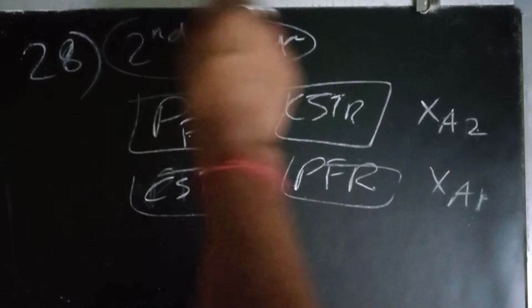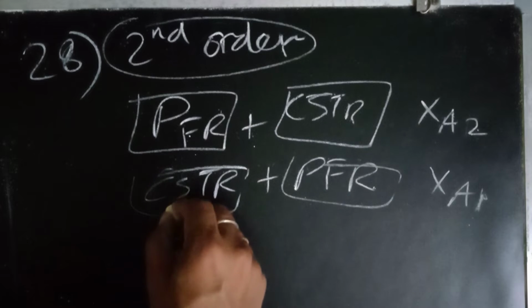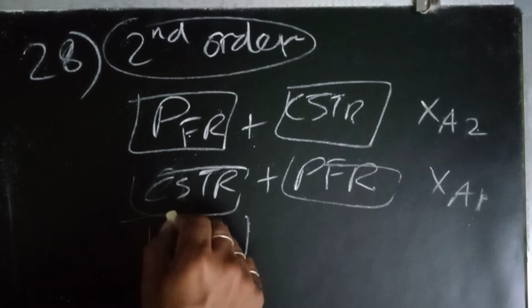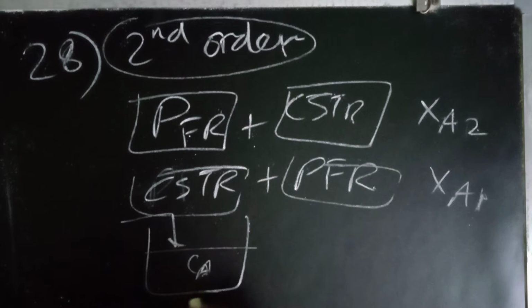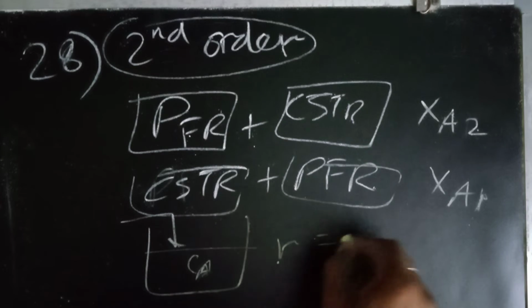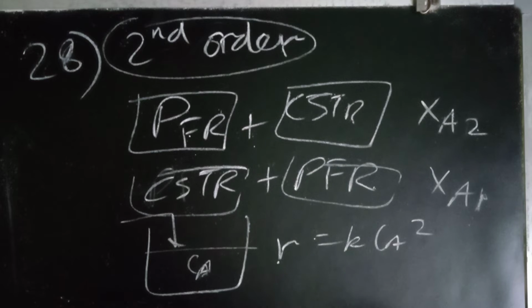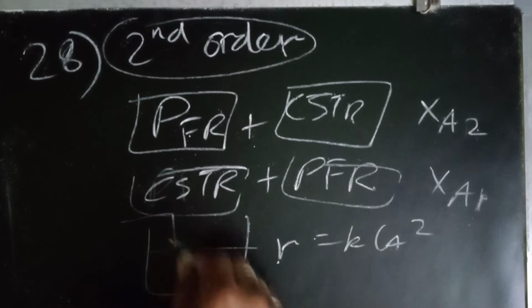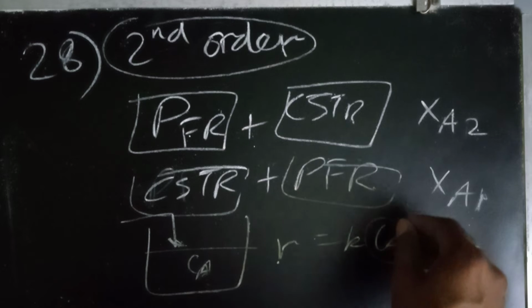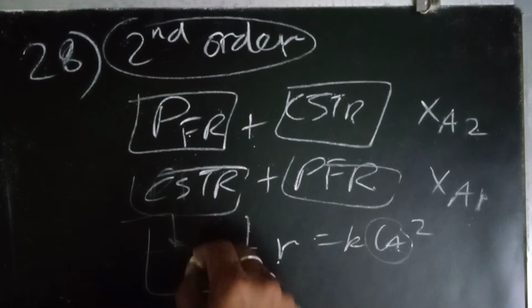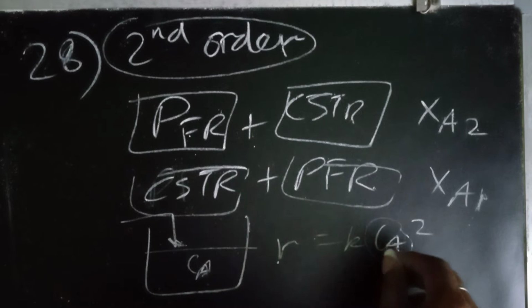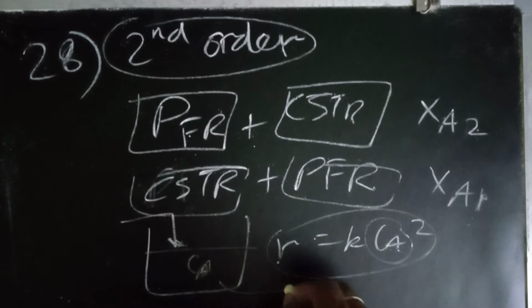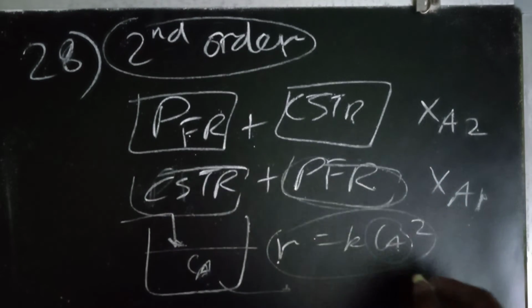Now it was a second order reaction, so if we use a CSTR, whatever is coming will directly change into some CA, instantly. So the problem is that the rate depends upon k CA squared, and if this CA is directly reduced because of reaction, then the CA naught that is coming will directly reduce, and the rate going in the PFR would be very less.